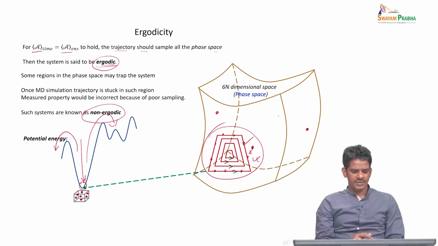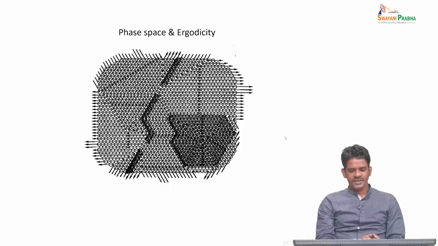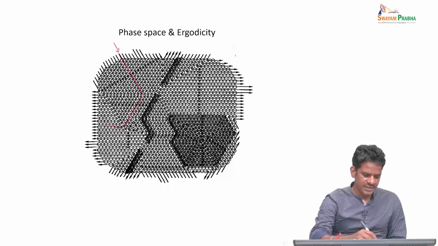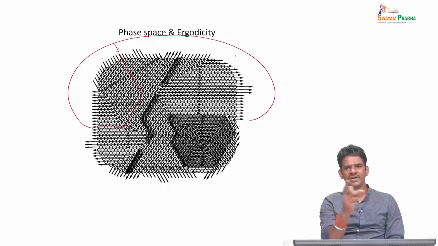Another way of showing this phase space is shown here. It is again a 2D representation of phase space. Each hexagonal cell that you see here represents one microstate, and each arrow that you see here is a trajectory. If you follow one particular arrow, you can see that it goes through these microstates, and then through this one, and then exits here, and then it might enter some other places. It just goes about in all possible microstates.